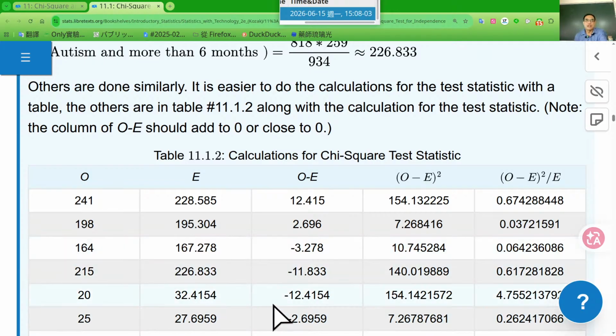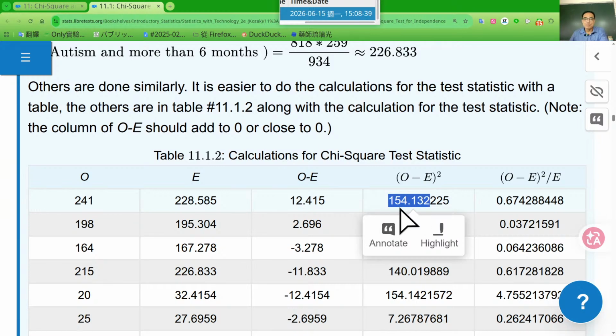Here. And now calculate the observation minus expected value, 241 minus this one, and we get 12 and some decimals. We get 2 and decimals, minus 3 and decimals, minus 12 and decimals, and minus 2 and decimals. Okay, here. And the square value of observed minus expected value, like this one. Then divided by expected value, this 154 divided by here, and the value is